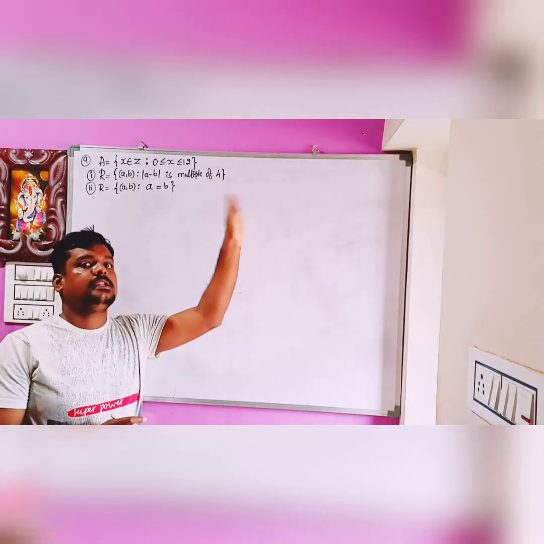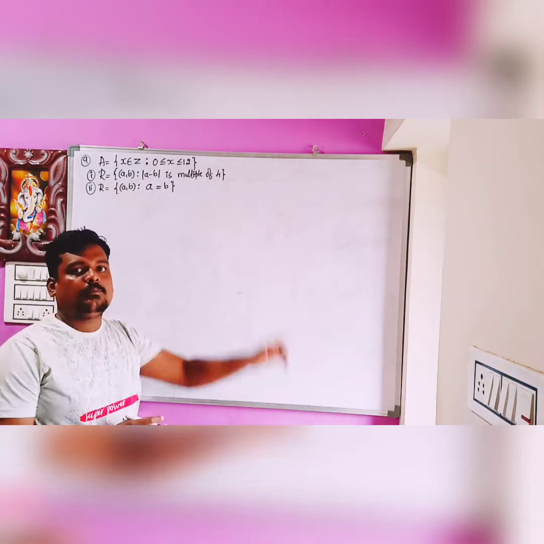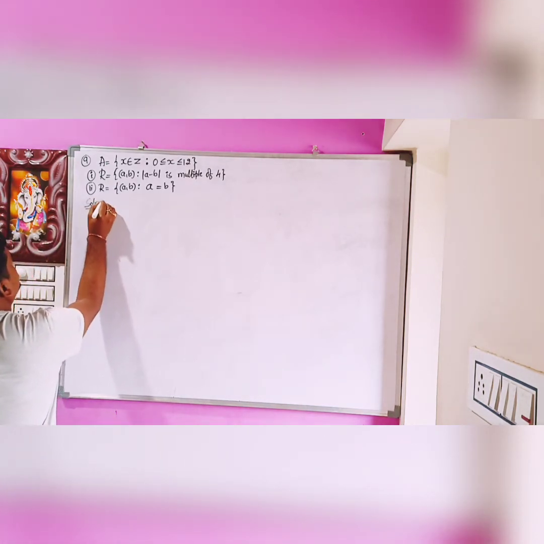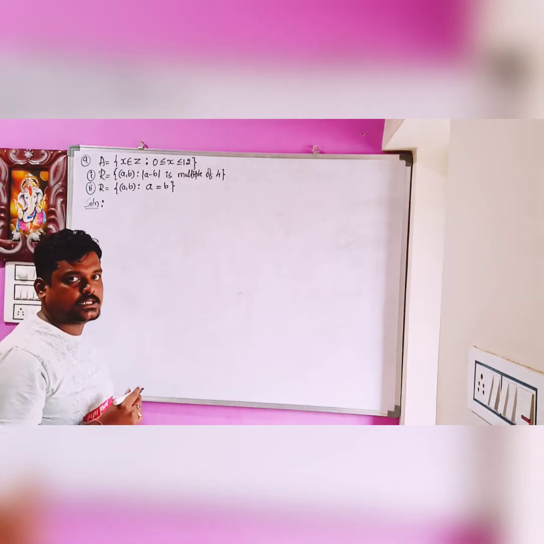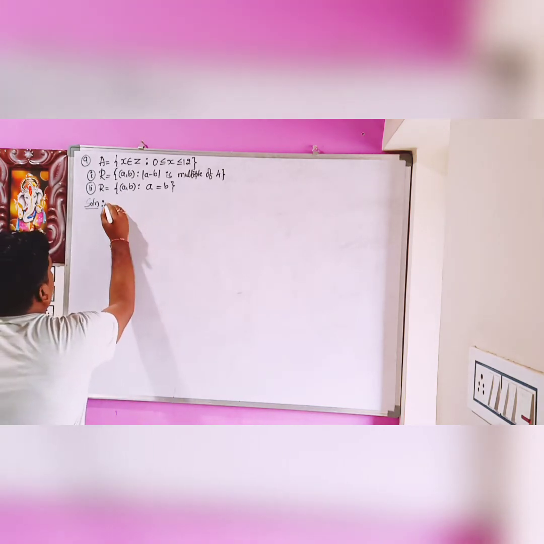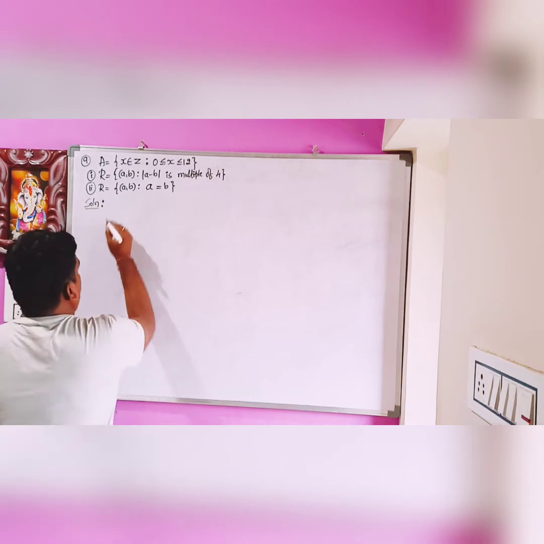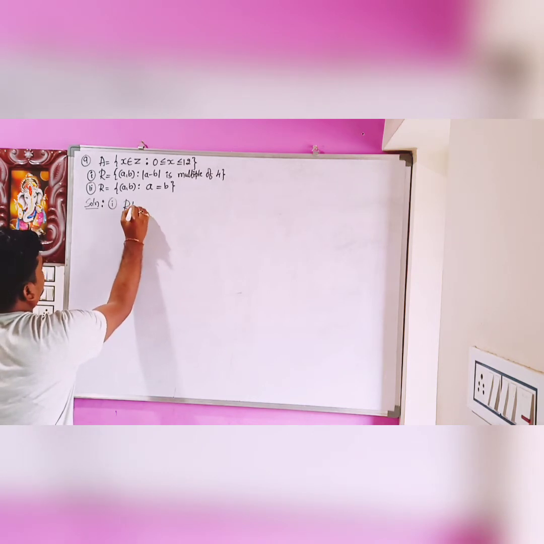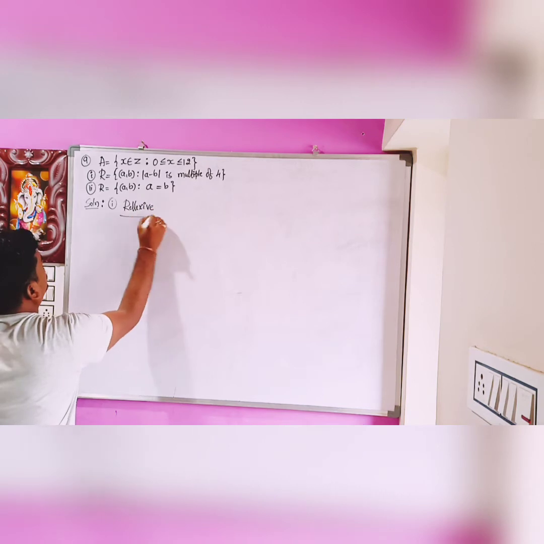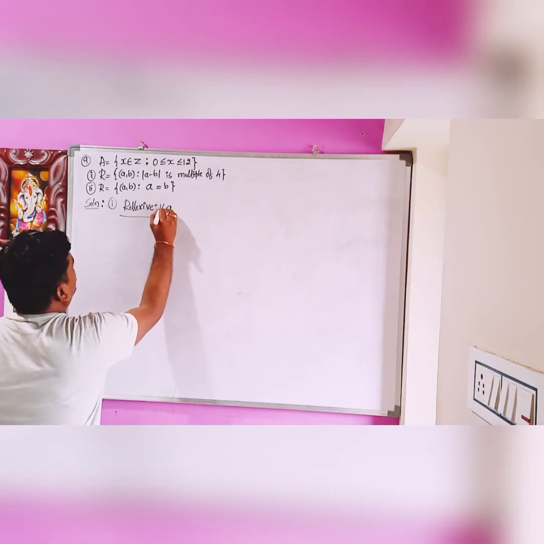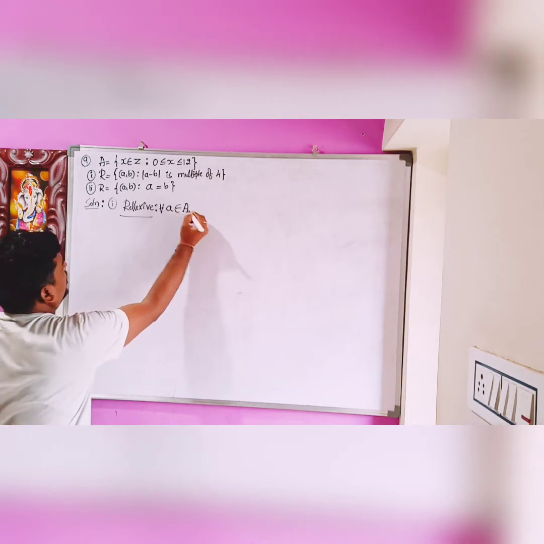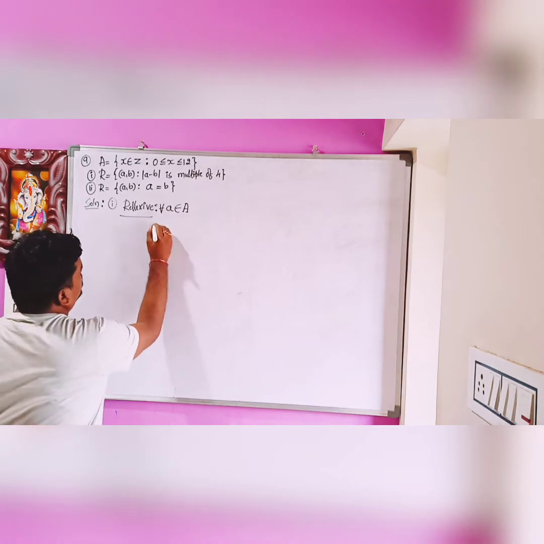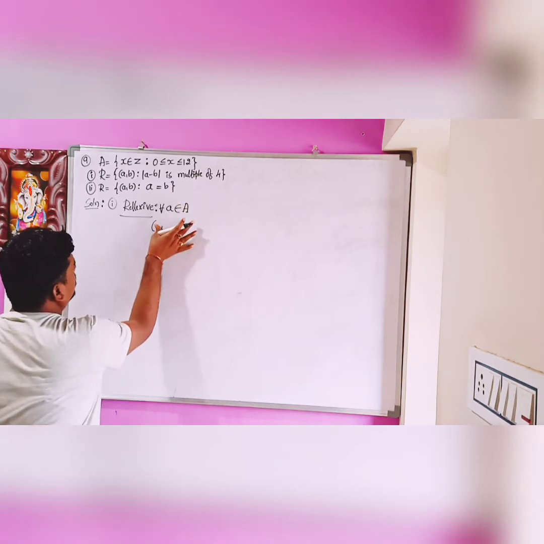there it was mod(a minus b) is even. Now it is mod(a minus b) is a multiple of 4. Solution. So we have to check the equivalence relation for both the cases. For the first one, in the reflexive case, if I consider an element, for all a belongs to capital A, a is any integer lying between 0 and 12. We have to check whether (a, a) belongs to R.